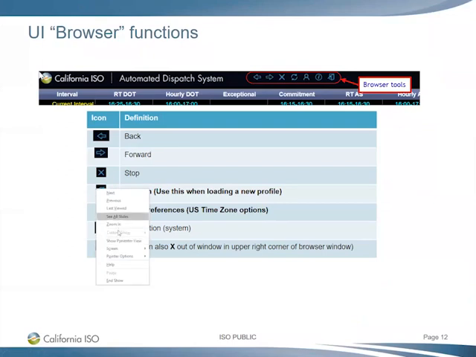And actually, just to make it a little bit easier for you to see where I'm pointing, you'll use that to refresh. Now the other one is this icon that looks like a little person. This is your user preferences. This is not going to be like your user profile or your filters that we're going to save. We'll cover that later. But this is if you want to change your time zone. So I know we have users across multiple time zones, and these are U.S. time zones, so the East Coast or Central time zones. If you're wanting to change that, what that'll do is change the times up in this batch interval screen, which